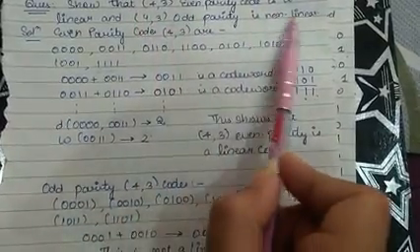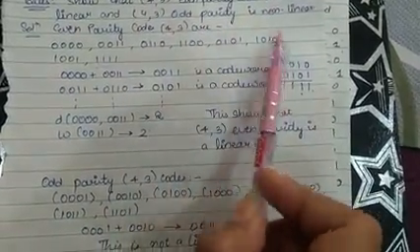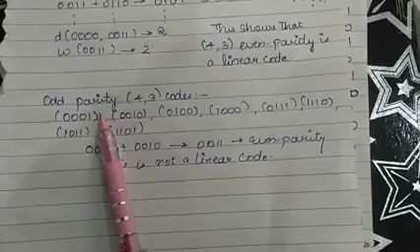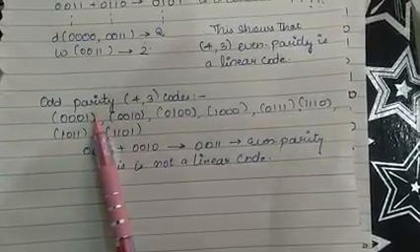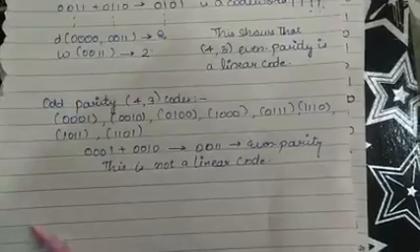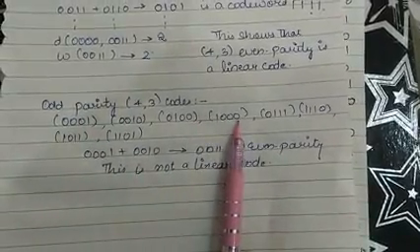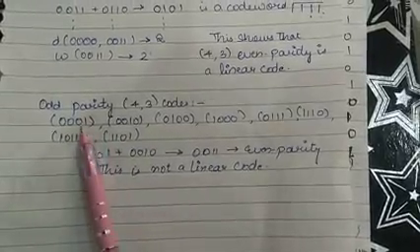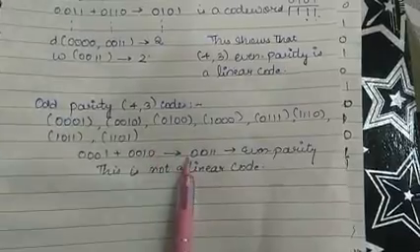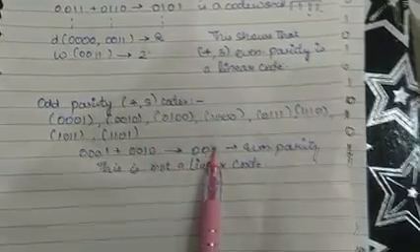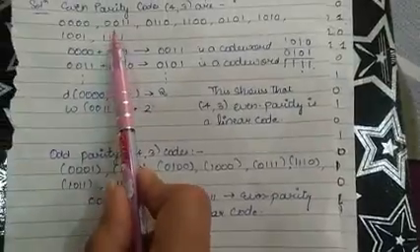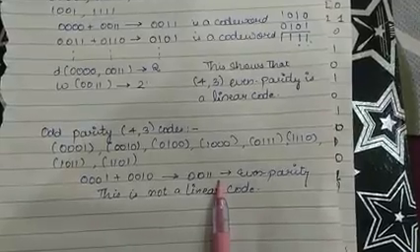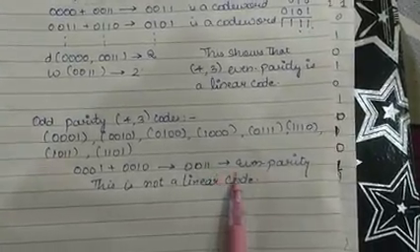Now I am going to prove the other section: 4,3 odd parity is non-linear. We have some odd parity codes and some even parity codes from when we were discussing the 4,3 code word. These are the code words which have odd parity. When I add any two of these, 0001 plus 0010, it gives me 0011. You can see that 0011 is even parity. So by adding any two of these values, it gives me a code word of even parity.